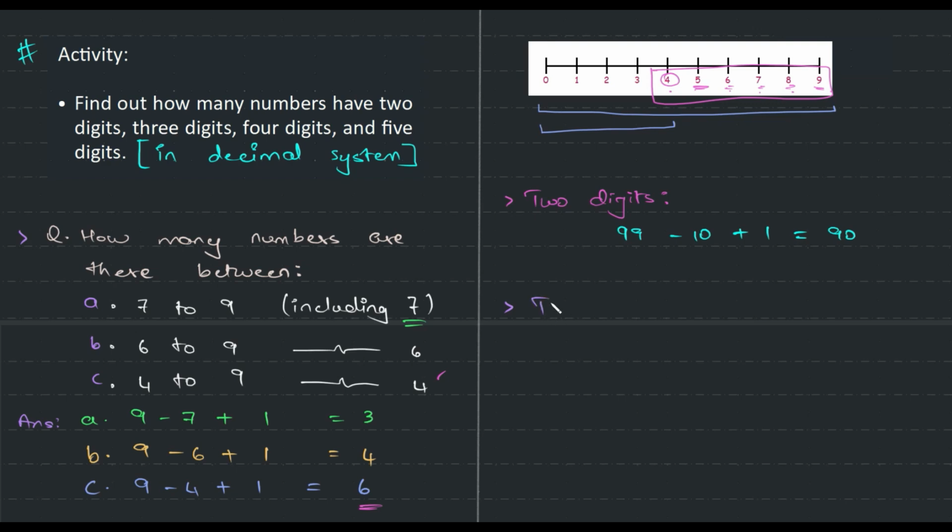So when it comes to 3 digit, how many numbers are there in all the 3 digits combined? So the maximum value of 3 digit is 999. Minimum is 100. And remember, we need to add 1. So this will be basically 900. So you can see the pattern, right? 4 digits. And I know this will be 9,000. And finally,